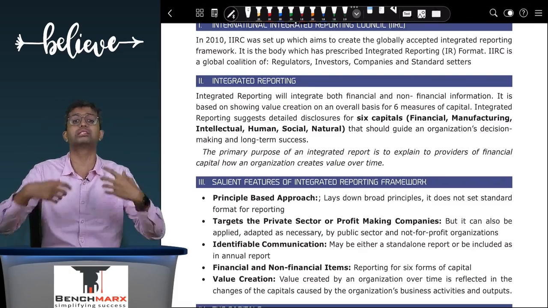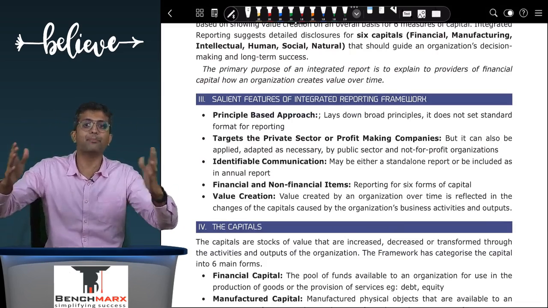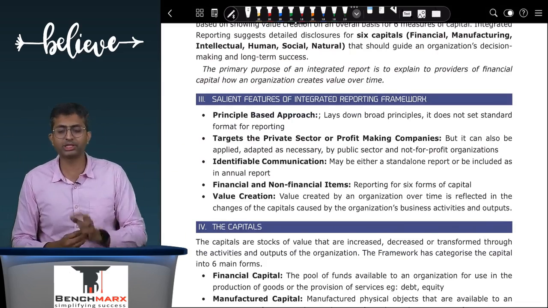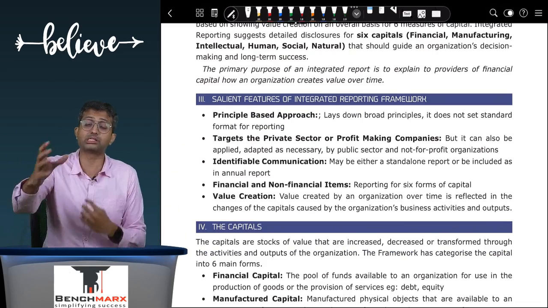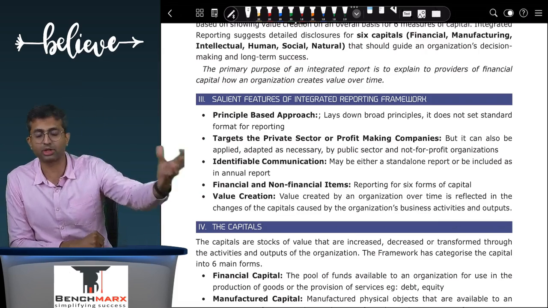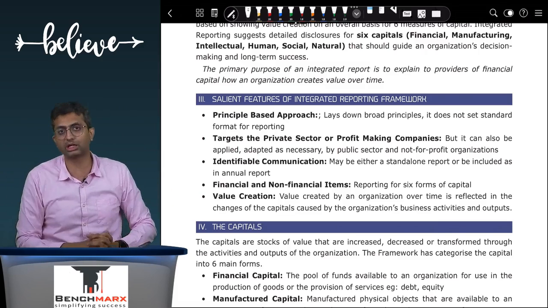These are the things that you will depict, and again, you will not really depict them in a tabular Schedule 3 format. No, it is principle based. An important thing that you need to remember is integrated reporting is considered to be principle based, so there will be no single format. Just for your reference, companies like Reliance, Infosys, etc., as we speak, prepare integrated reports.